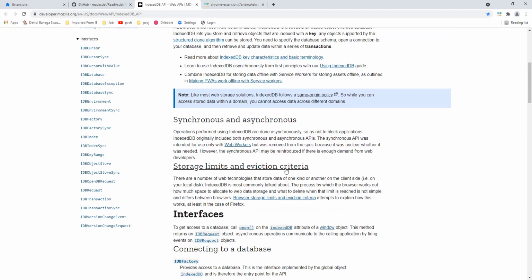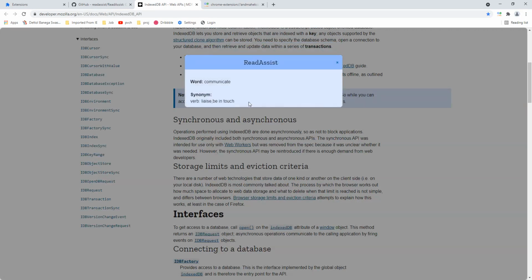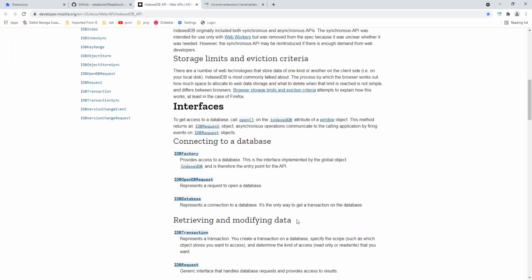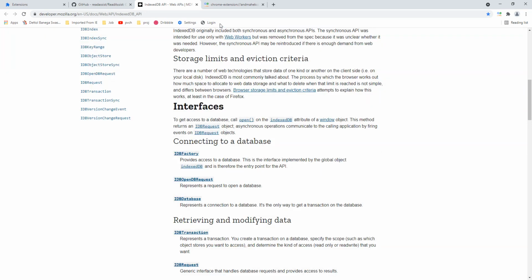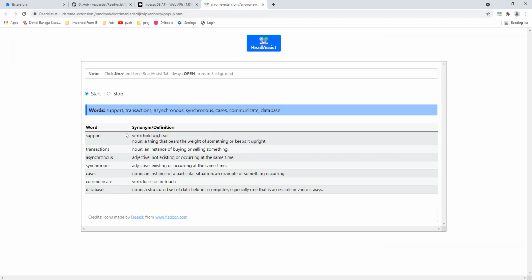So I start capturing some more words by clicking the words. As you can see, I just scroll down and click on the specific word. Like here I do it for communicate, and I get a meaning, which is a verb. While this happens, I would also like to tell you that you will have to go to Chrome://extensions to actually enable this tool and use the features.